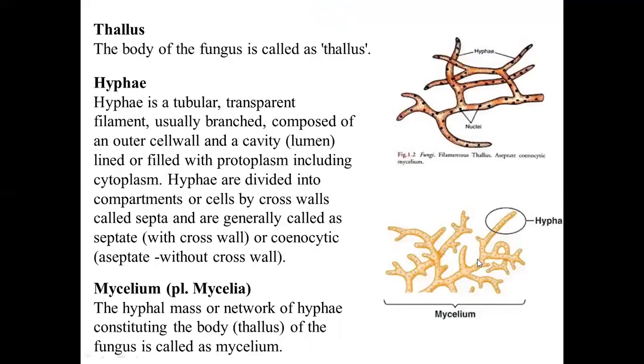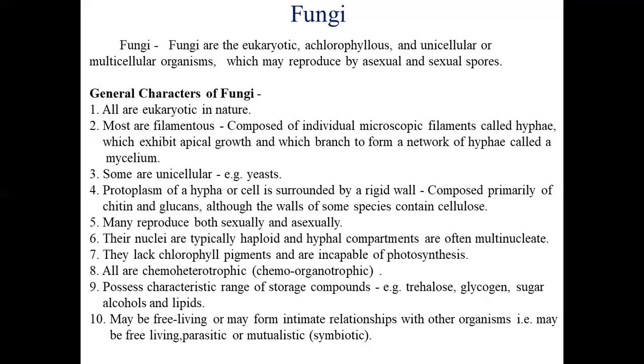If you see in the next slide, this is a total network of the hyphae. This is a single filament, that is the hypha, and if it is in network form, with multiple structures, it is known to be the mycelium, with networking and apical growth. So it comes under the filamentous structure as the mycelium. Some are unicellular, an example is yeast. If only a single cell is there, it is known as unicellular. And most fungi are filamentous or multicellular organisms.